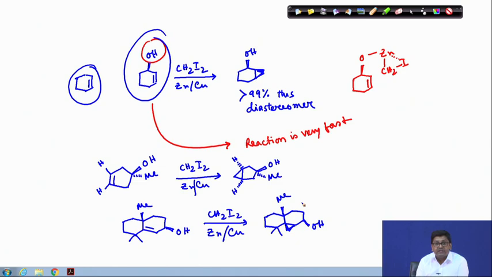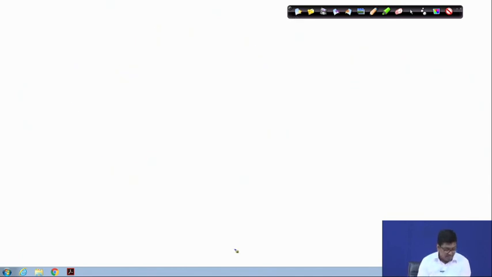inhibiting these formations, rather this hydroxyl group which is actually coordinating with this Simmons-Smith reagent or zinc-carbenoid, that actually guiding through which phase this cyclopropane ring is going to form. Okay. So, in this case, that is why this example is very interesting. Okay. Next we will see another interesting example, that is